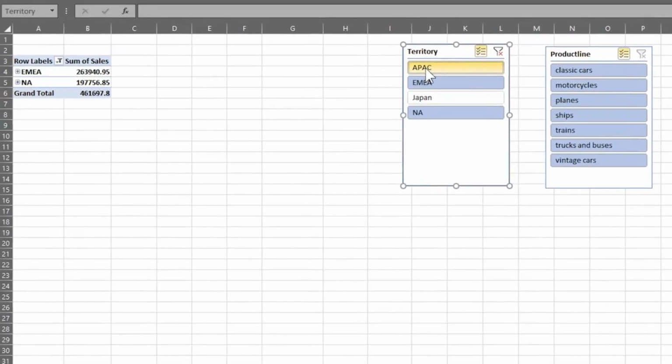Note that when you use multi-select filtering, when you select an item, you are in fact filtering it out. That is, you are defining which items will not be displayed in the pivot table. This is the opposite behavior to when you were selecting single items in a slicer. So now we are displaying only classic cars, trains, and trucks and buses products for the EMEA and North America